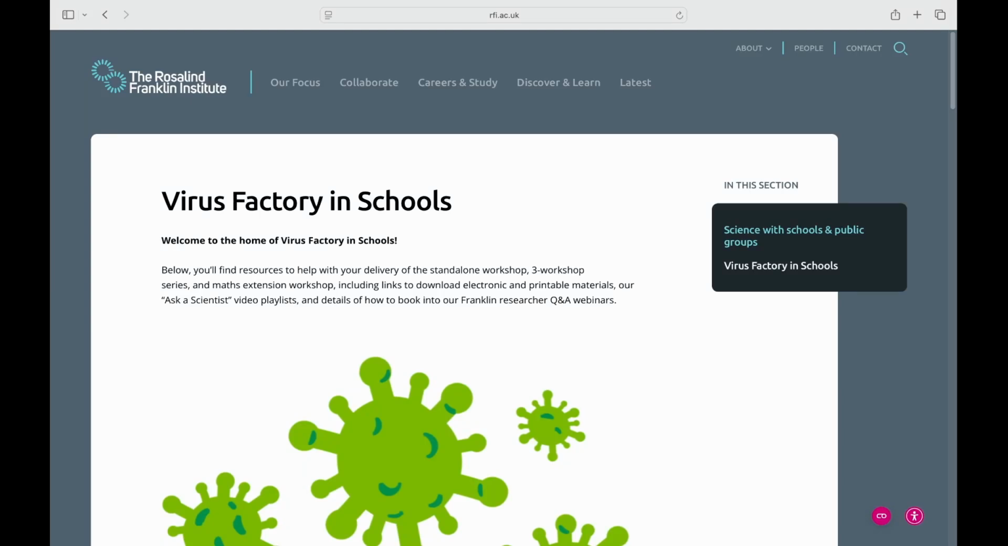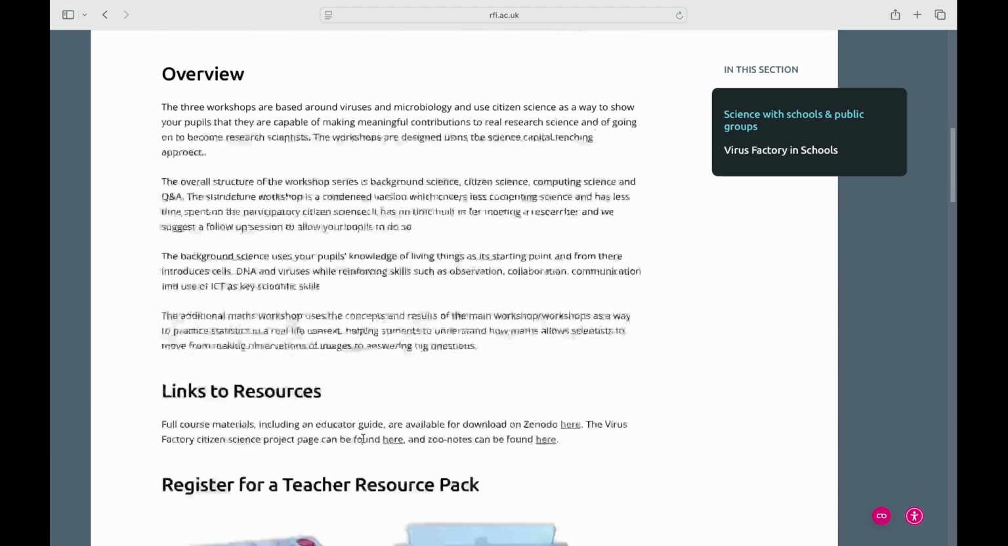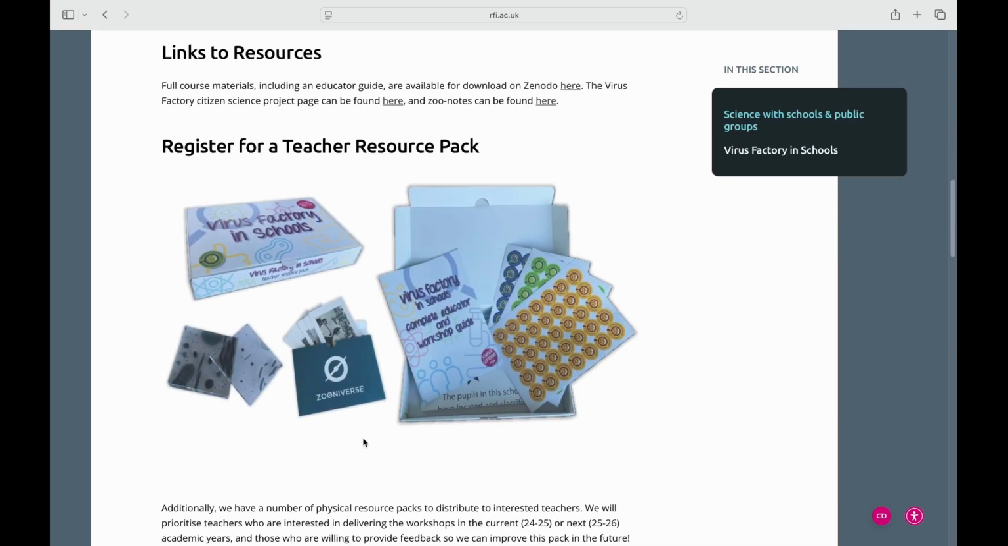Now let's take a look at the landing page for the Virus Factory in Schools resource. Scrolling through this page, you'll find a short introduction, you'll find an overview of the subject matter of the workshops, and you'll find links to resources. Here there's all of the printable materials and the workshop slides, which can be found on Zenodo,